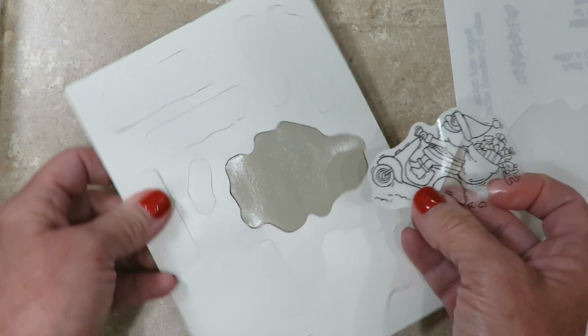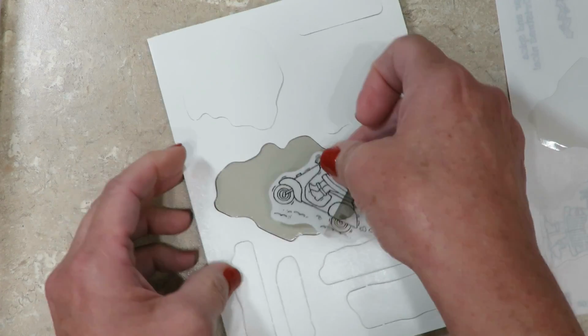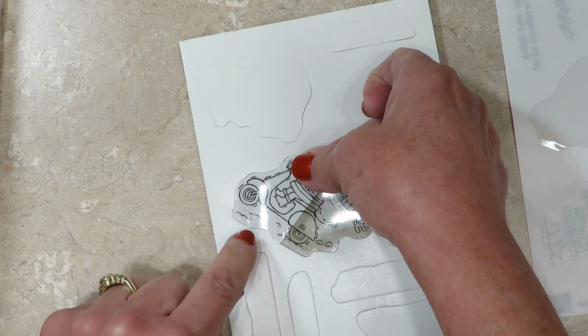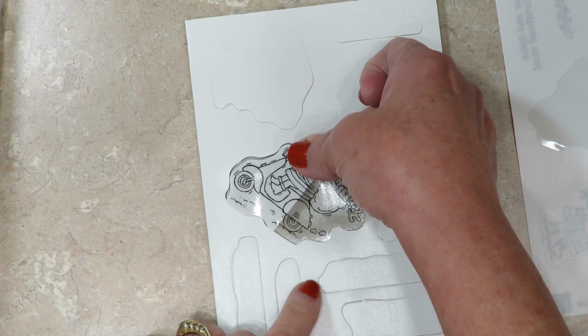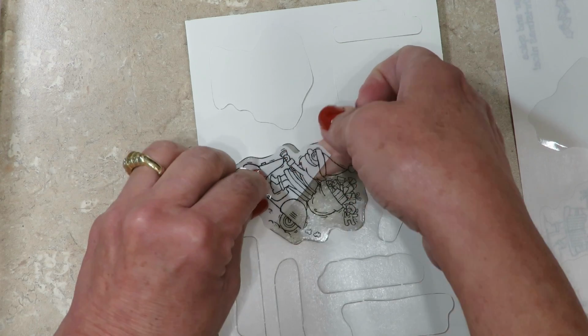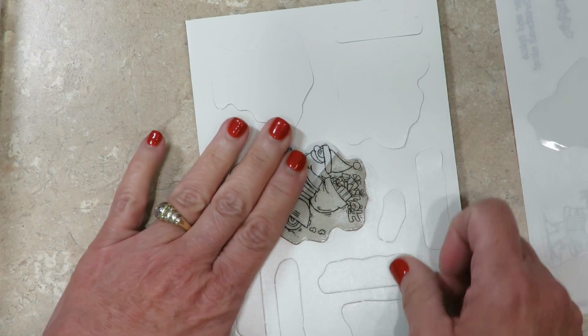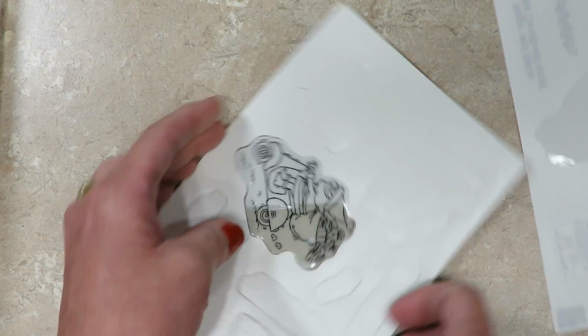So holding it with the paper side, I'll go ahead and manipulate this to determine how it's best going to fit. And I start by placing down the side that is not sticky, because that's going to help assure me that I have this lined up. So let me put this down flat and then I'll press this to get all the little air bubbles out